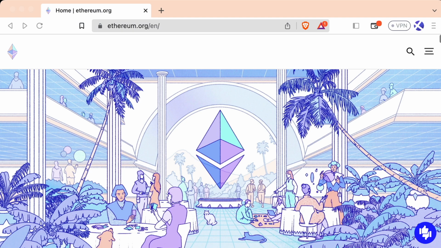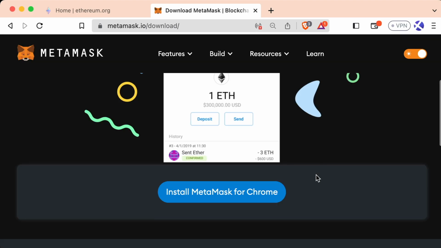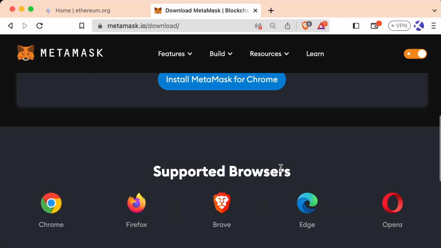Now, in order for us to send a transaction on any of these EVM chains, the first thing that we need to do is set up a wallet. So I'm going to go to MetaMask because it's one of the most popular wallets and one of the easiest wallets to use. I'm using the Brave browser, but it works for Chrome or Firefox or really any other popular